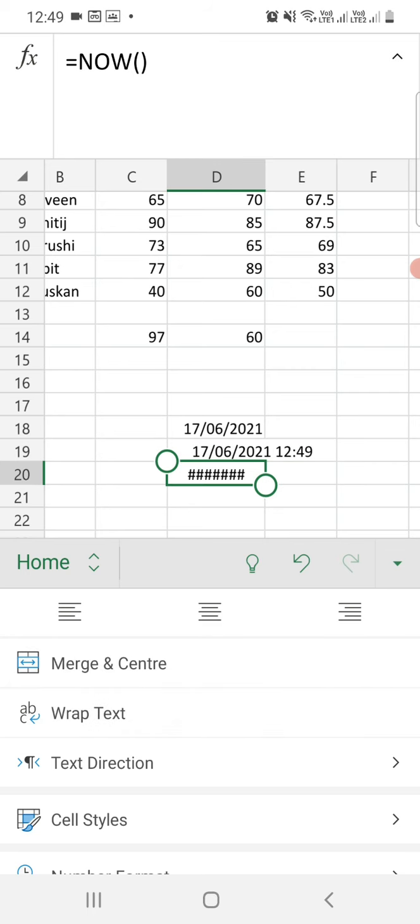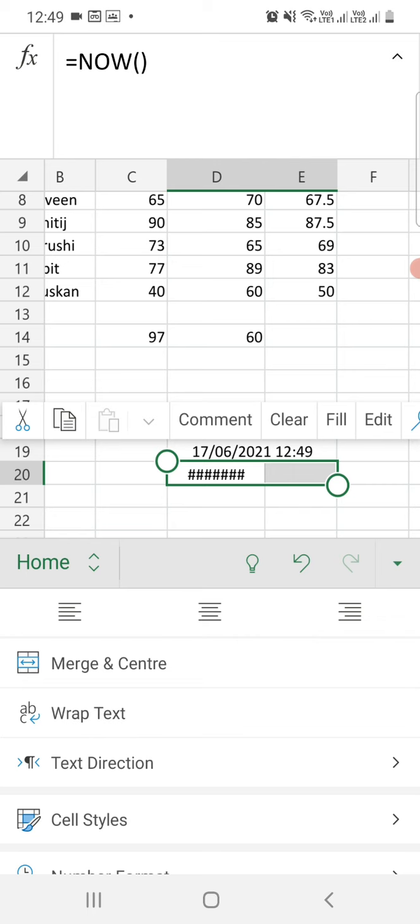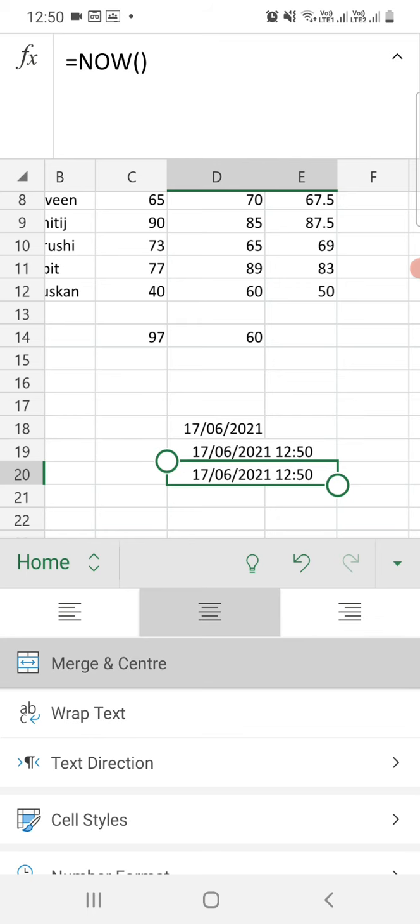The cell is quite small, so you need to merge the cell, then it will show you today's date and time. So you can see it is very easy to calculate today's date and time. You just need to use the TODAY function or the NOW function.